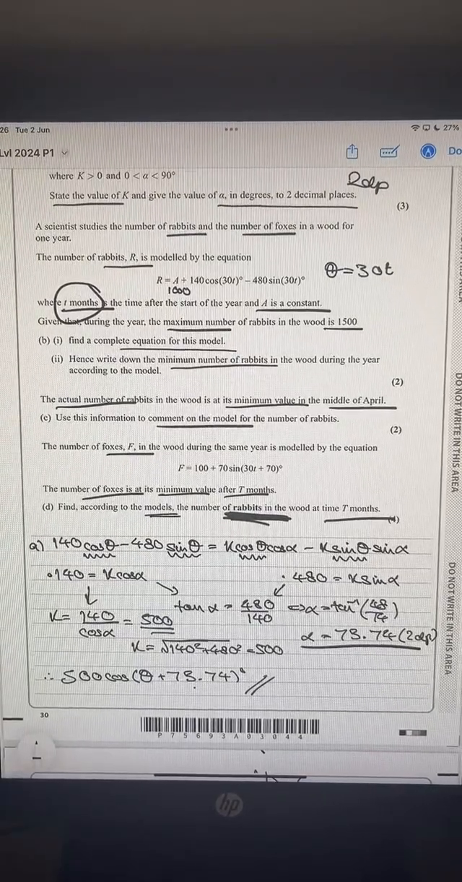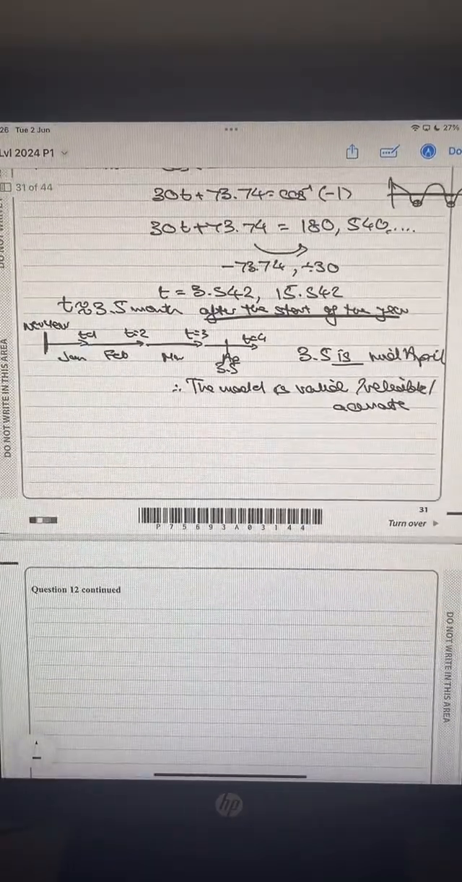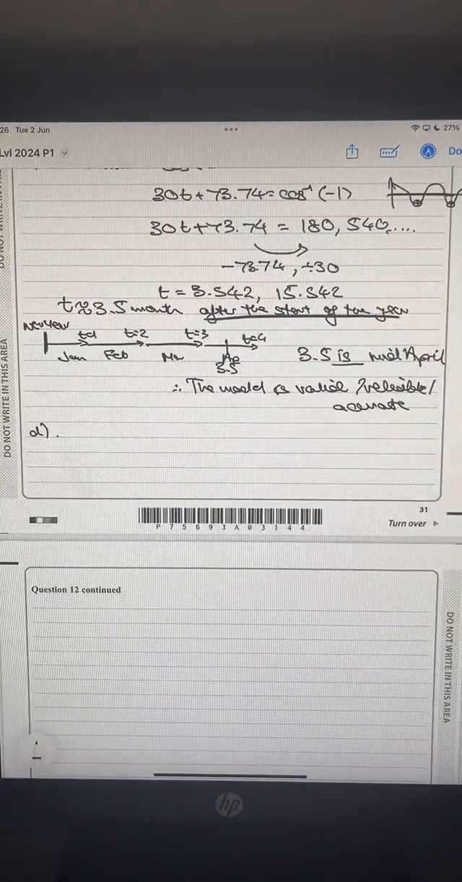So you've got 2 things you have to do here. You have to first find what the value of t is, so that's when the foxes are at their minimum. And then at that t, find the number of rabbits, not the number of foxes. So we're doing exactly the same logic as before. So t months